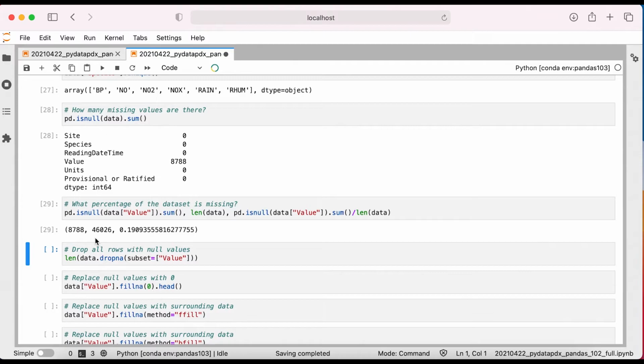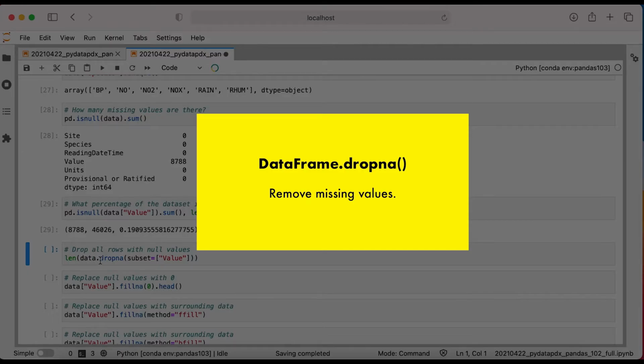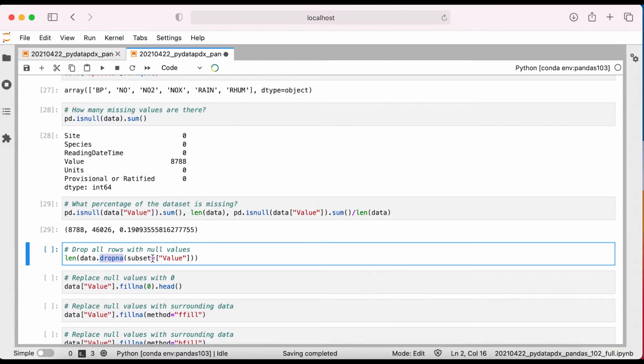I can remove all rows with a null value in the values column using the data frame drop NA method. I pass the string wrapped in a list for the column within which I want it to search for nulls.